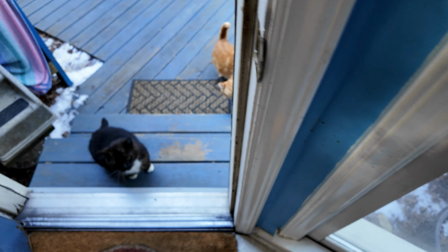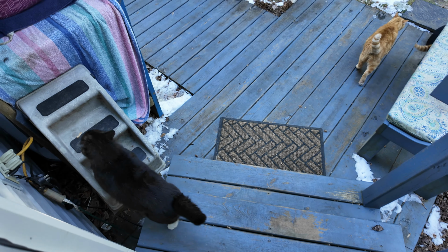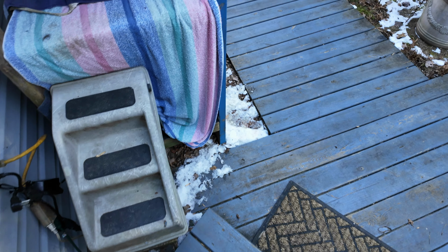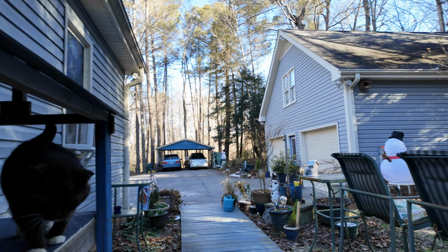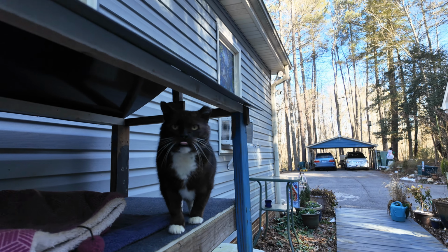Always love to see everybody waiting on me right outside the door. Go on up, Tux. Nobody else is up, so it should be safe. Hi. Hello. Oh, it feels better out here, although